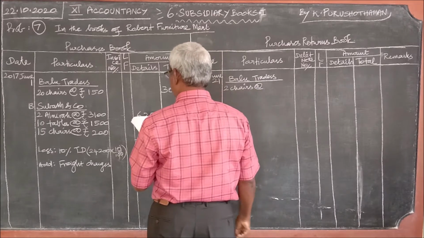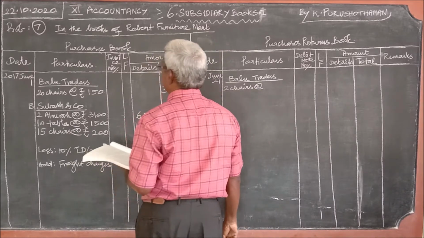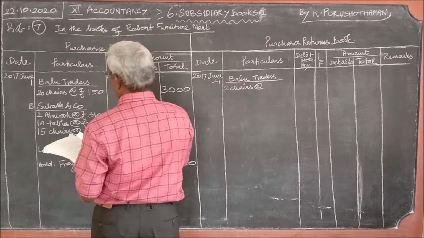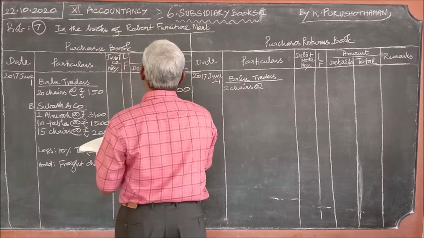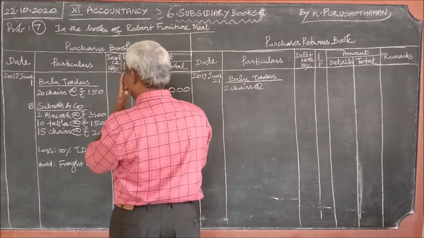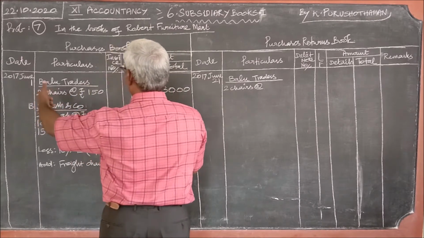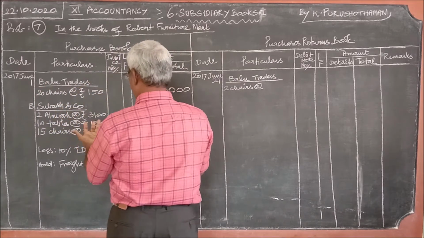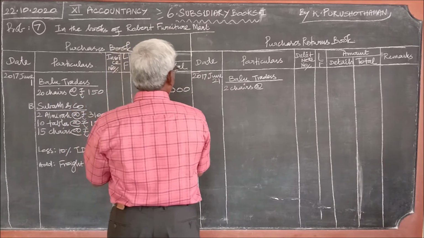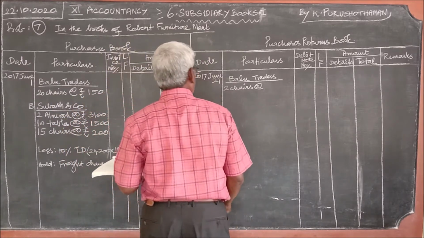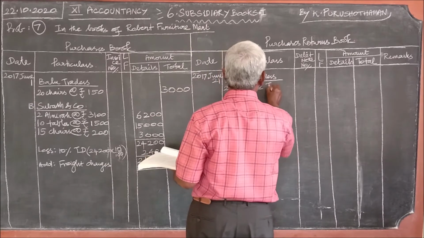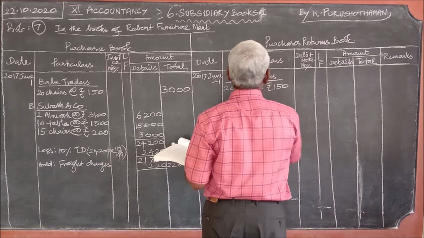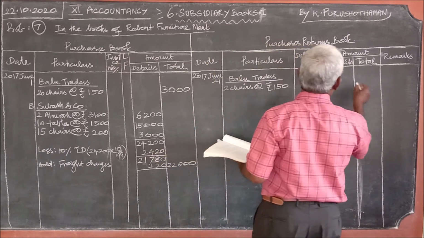2 chairs. Those 2 chairs were bought at the rate of 150 per chair. From this you should find. Here actually no detail is given. Out of those 20 chairs, 2 chairs were damaged and therefore returned. And therefore what is the value of the chairs returned? Each chair rupees 150. 2 chairs were returned. Therefore 2 chairs into rupees 150. So 2 into 150, 300.